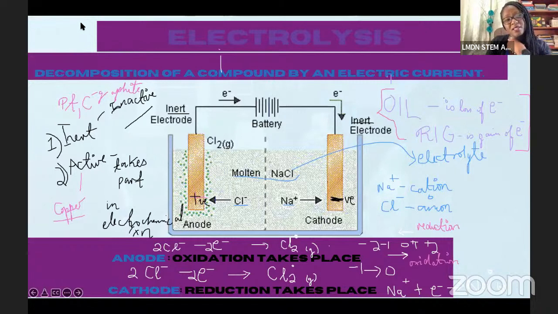There are a few where you really have to just remember what the half equation is, because there are some tricky ones, particularly when you have solutions, right? When you have like the hydroxide one, it's kind of hard to sit down and rationalize it like I just did here to come up with these half equations on the fly. So there are cases in which you directly have to remember what the half equation is. And I'll point you to what those ones might be. But for the most part, you can always do a similar analysis like I just did here to figure out what the half equation should be, okay?